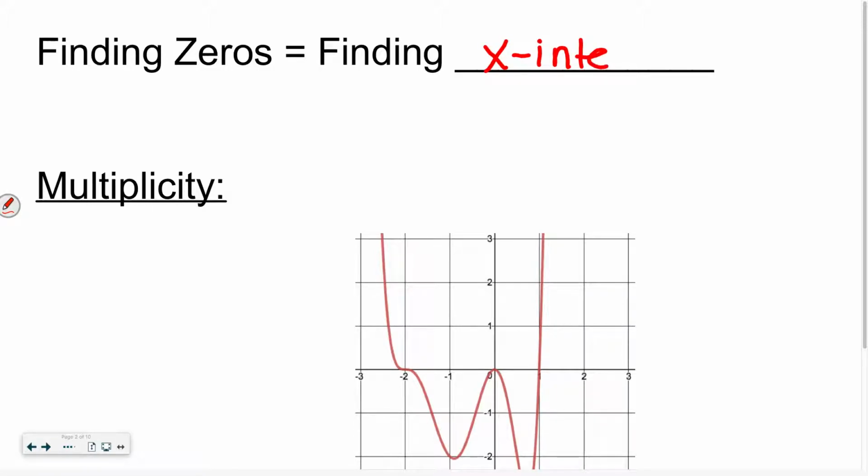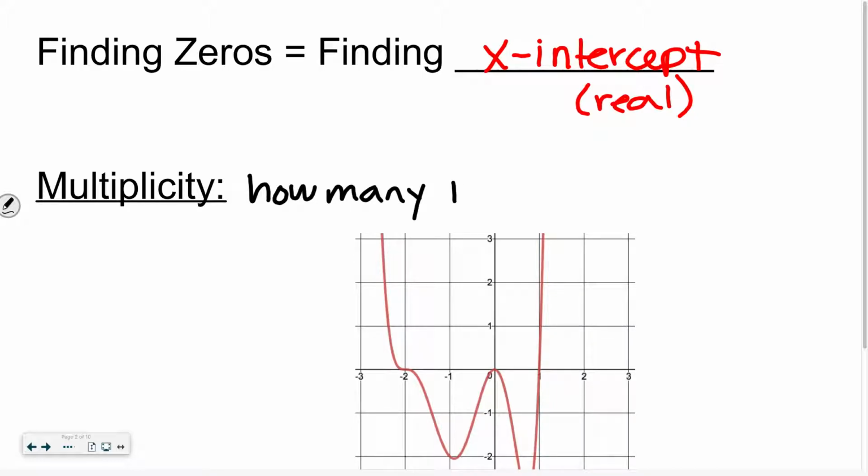Now, the x-intercepts will only show up if the zero is real, right? If it's an imaginary zero, it's not going to show up on our graph. Okay. We have to talk about something called multiplicity. And multiplicity is basically